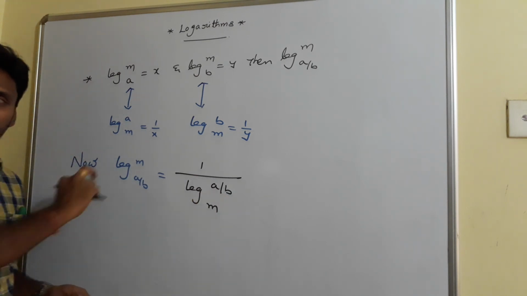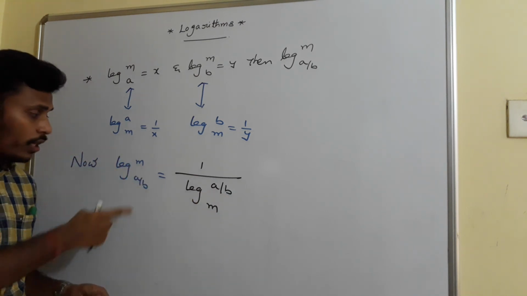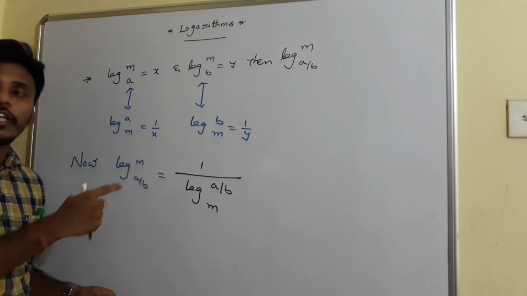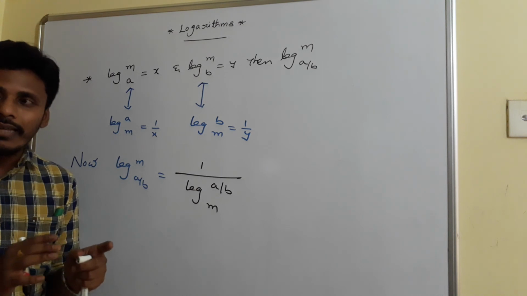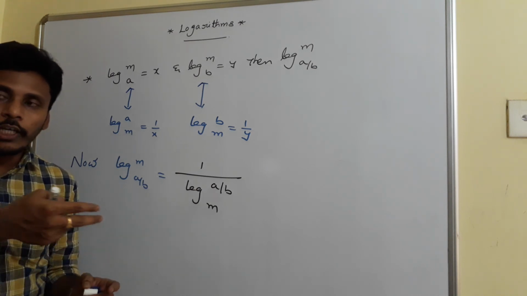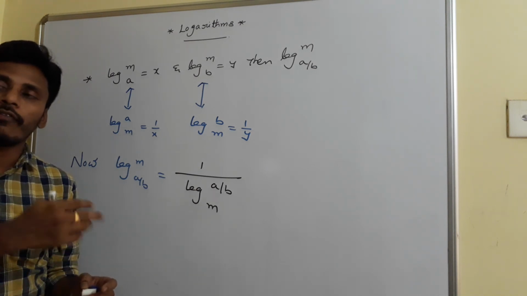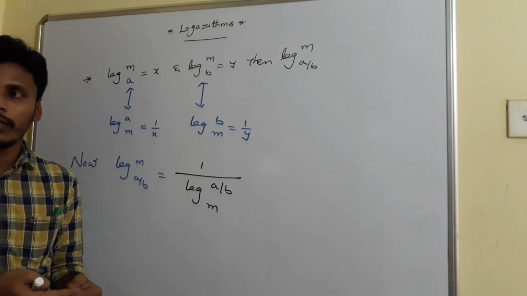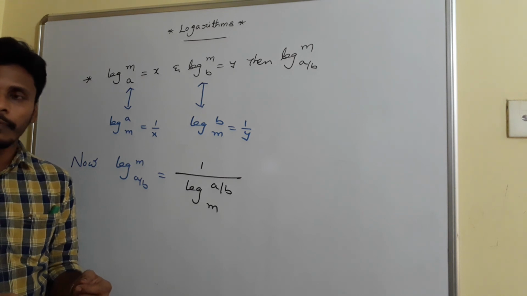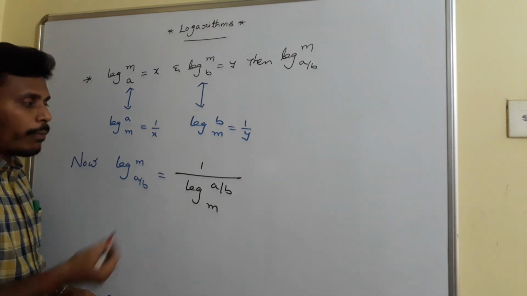Is it right? Just reciprocal. If you take the reciprocal, these two terms get interchanged by the law of logarithm. See, basically we have just 10 laws of logarithms. With the utilization of those 10 laws, we will simplify everything. So you need to make a list of those 10 laws to solve all these problems. Right? Now, 1 by log a by b base